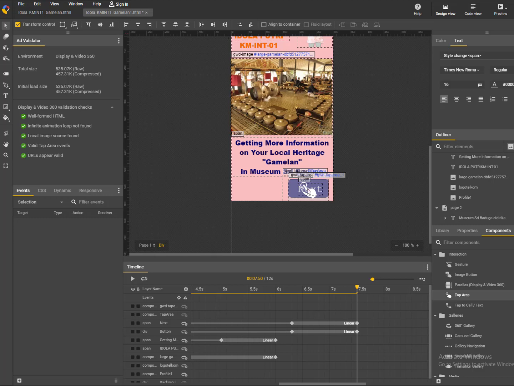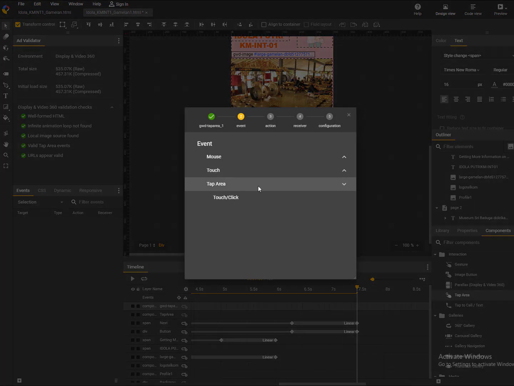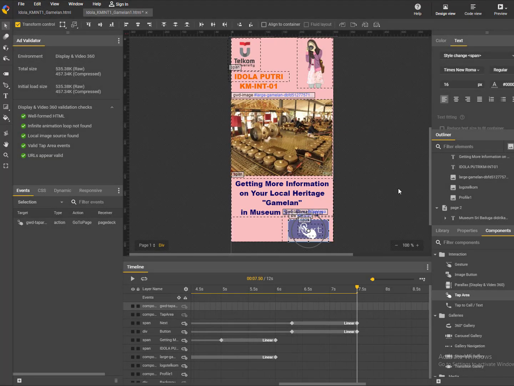Okay, and then after you put it, you click right, add event, tab area, touch or click, page deck, go to page deck, and we're going to page 2. Okay, so let's see if it works or not. Okay, we're going to preview again.